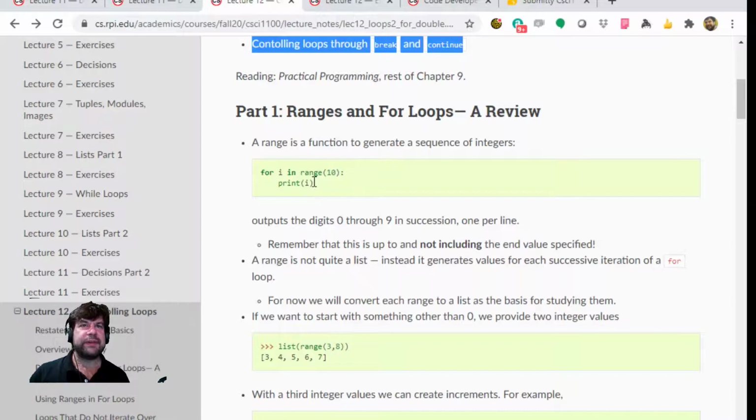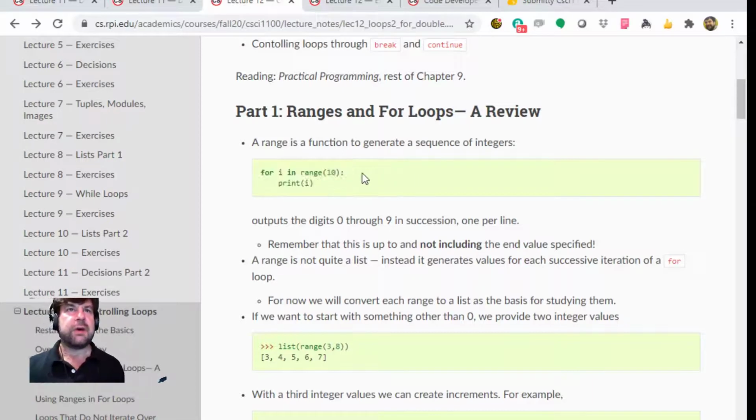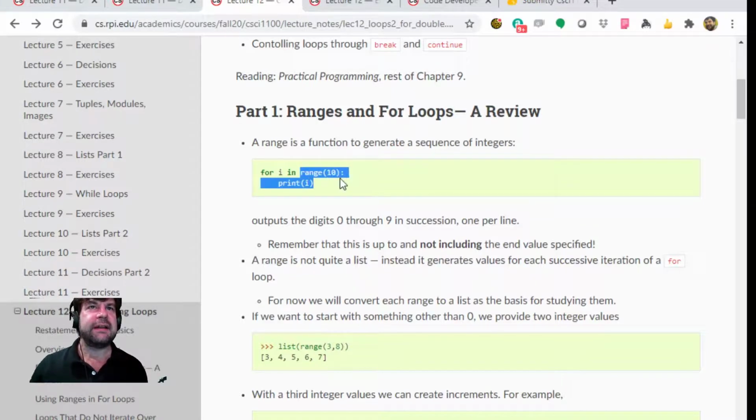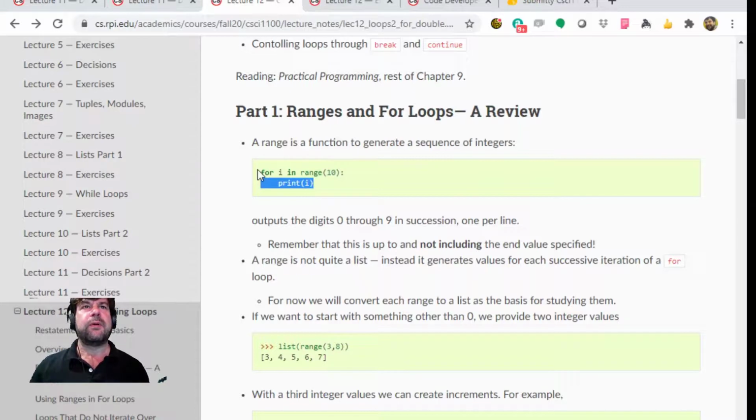Let's see, we have this little piece of code, and we know that range generates a sequence of values, and we know that a for loop takes a loop variable and a list or a sequence of some sort. Range is a sequence, lists are a sequence, sets can be sequences. And what it does is it sets i in turn to every item in this sequence. So this very simple for loop should just print out